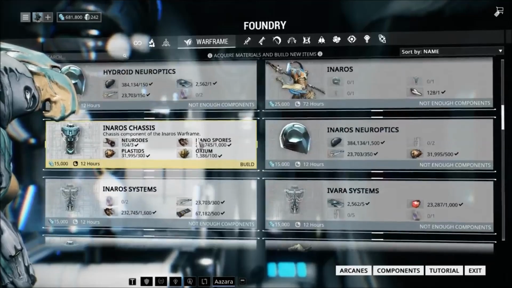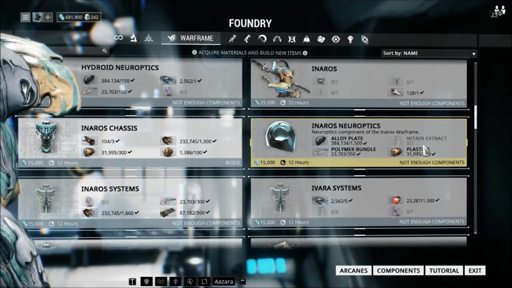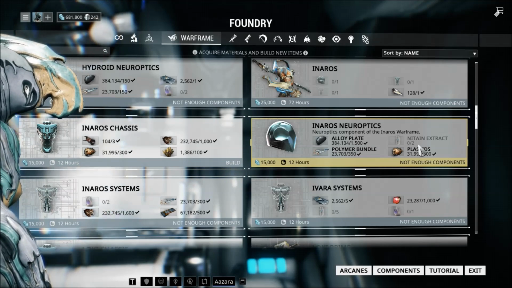Does it still say Protector? No. Now it says Inaros. So we have enough for this. We need some Argon for there. No big deal. And then... Night. These are real